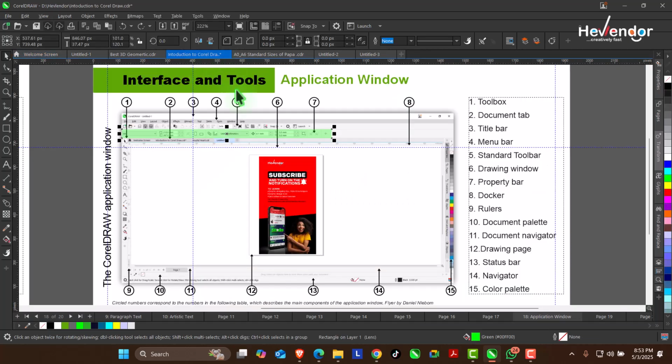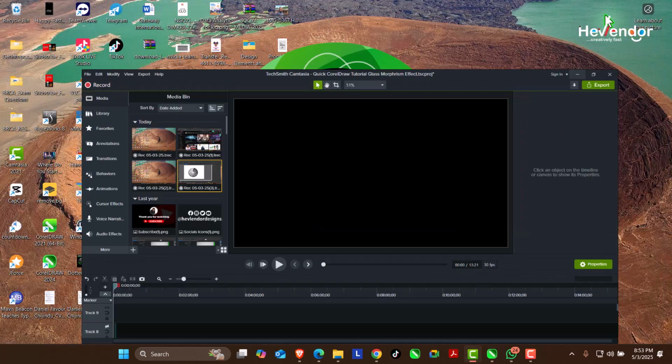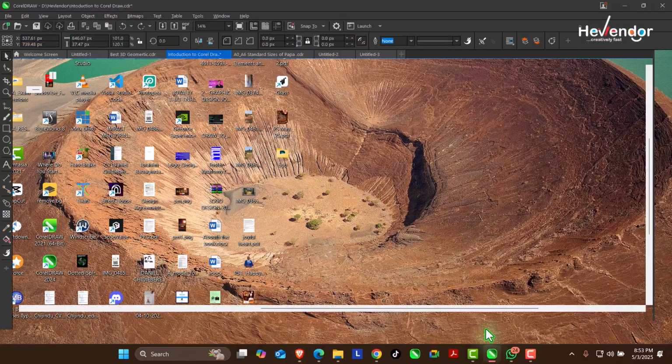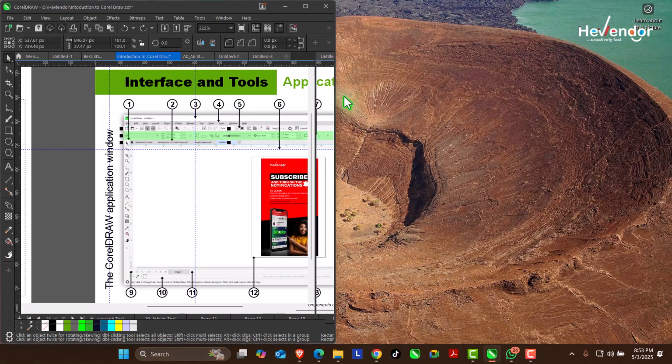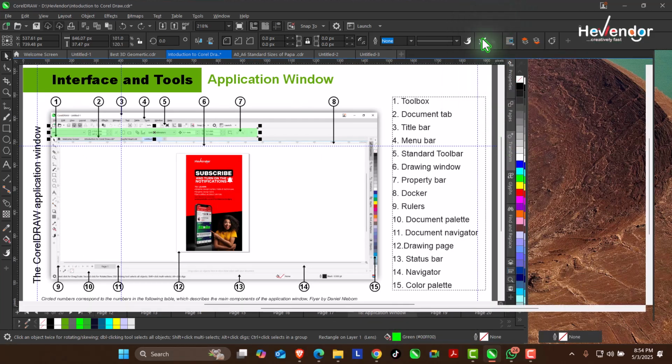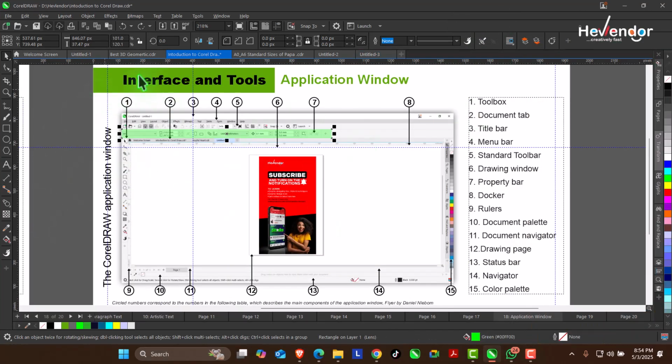All right. Then the next thing we are going to look at is the title bar, number 3. So I said you can minimize. If I want to take this down, okay, and you can maximize. So if I want to adjust the size of my CorelDRAW window, this is all about these other buttons here. So the next thing we are going to look at is